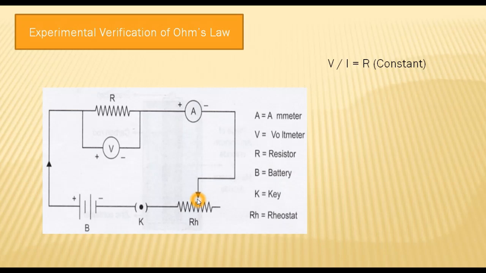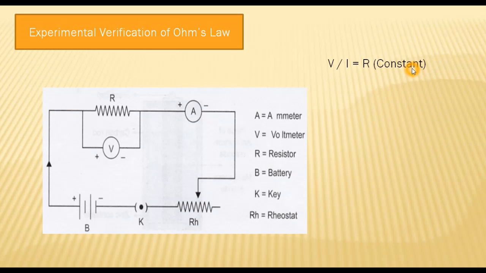So you will get the current values and the corresponding potential difference values, and they are noted in all the cases. And then find the ratio of the potential difference and the current for all the readings. And it is found that the ratio of potential difference and current will have a constant value for all the observations. Now, since the ratio is constant, that means Ohm's law gets verified,